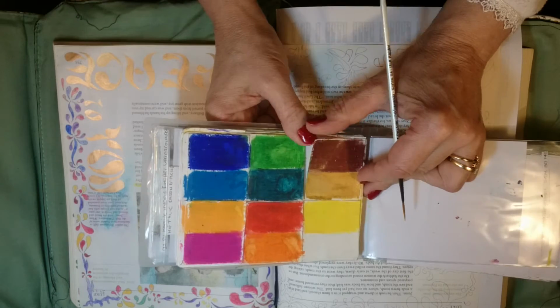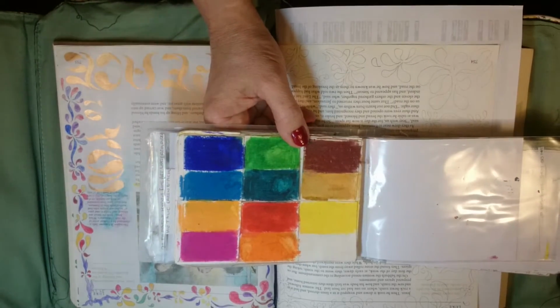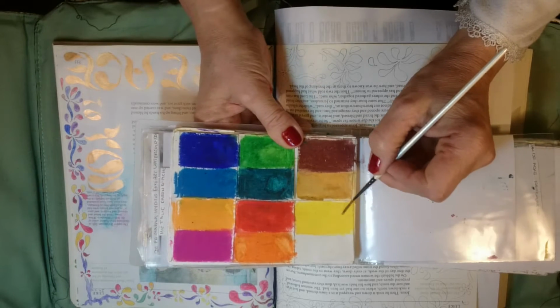And this is just sketch paper out of a book. It isn't expensive sketch paper, but it's not children's sketch paper either. And it seems to hold it on,